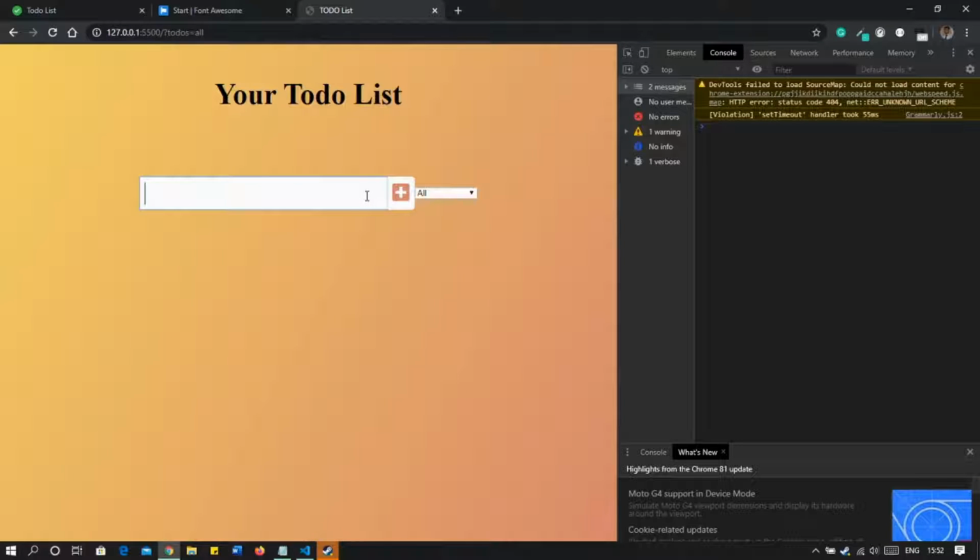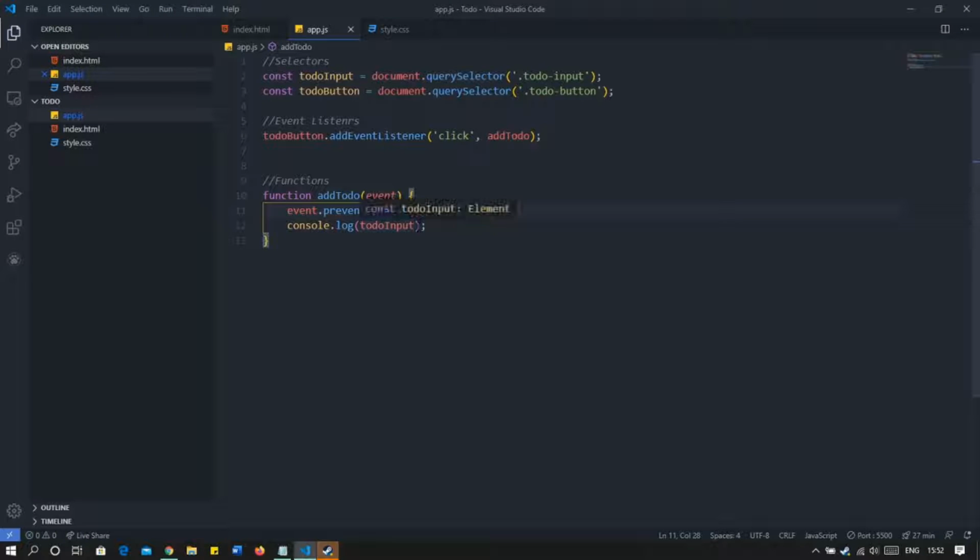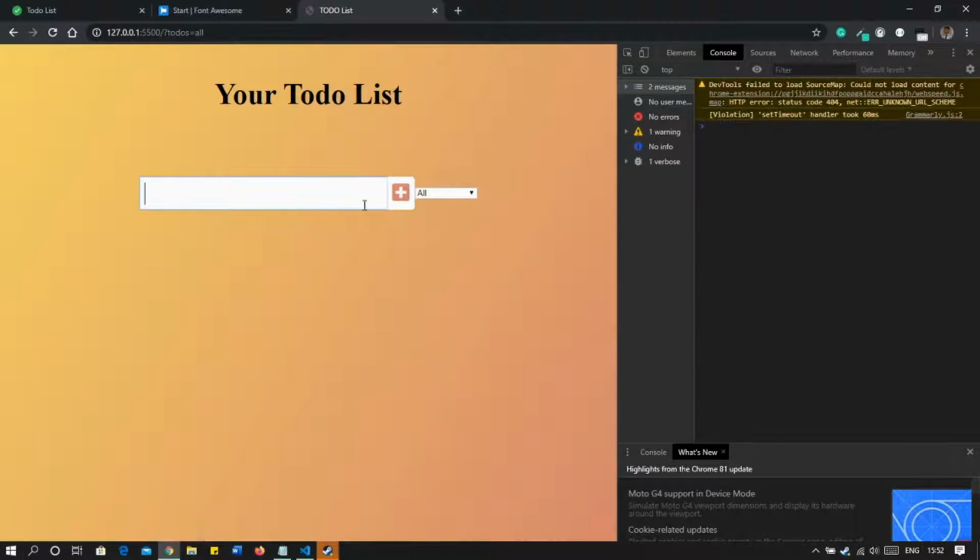So here, hello. You can see we get the value, but we get the complete element. So I'll show you how we get the value inside this element. We add .value. Now we will be getting the value from this. You can see we entered hello and we have hello. If I enter world, we'll get world, and the web page is not refreshing, so we have the previous data with us as well.